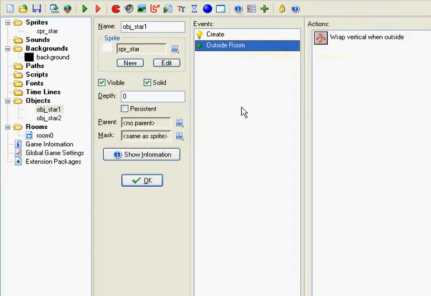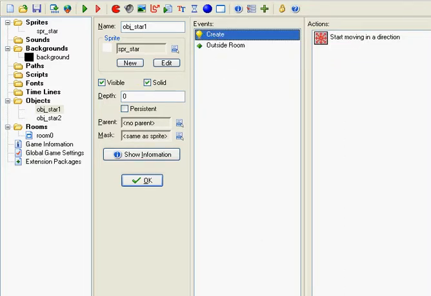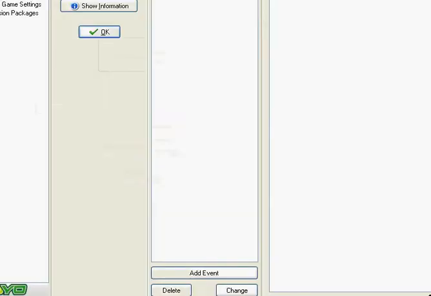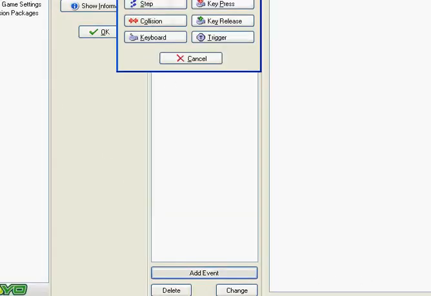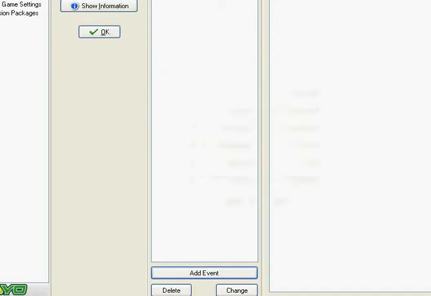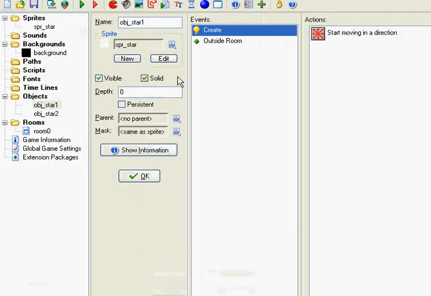So the room is basically this camera right here. If my cursor leaves this room, we told it to come out back under here, which is the action wrap vertical. So what you're gonna do, you're gonna go down here, click this add event button. You're gonna click the create. Alright, we already have it, so it's not gonna do anything, but then you're gonna click the create,